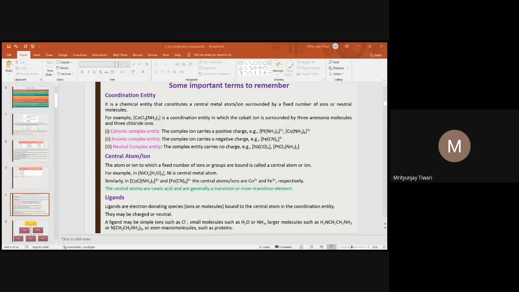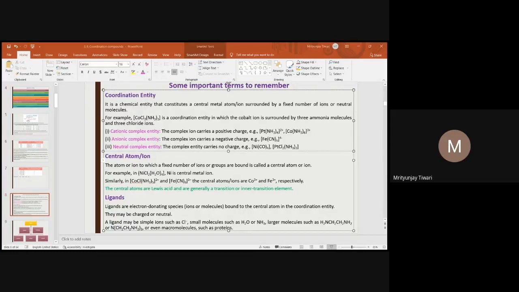Similarly, in this compound, nickel is the central metal atom, to be more precise. Similarly, if you look at [CoCl(NH3)5]2+, the cobalt